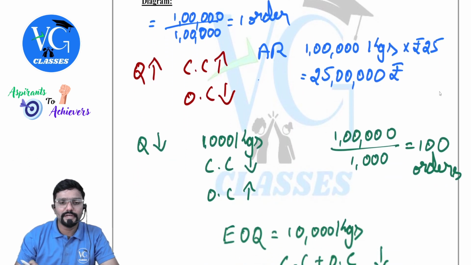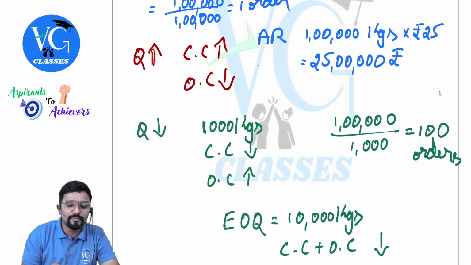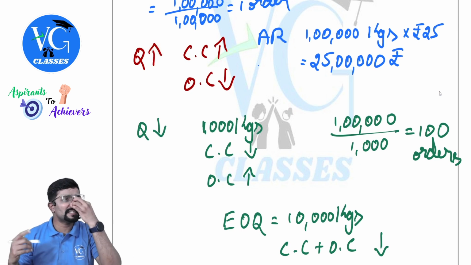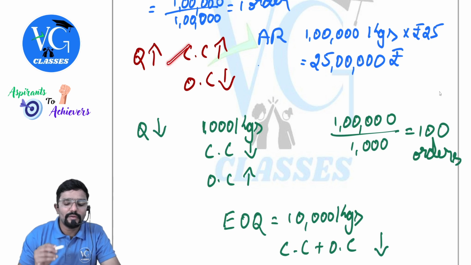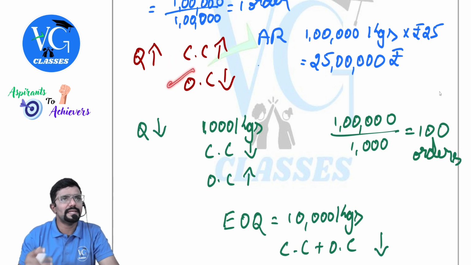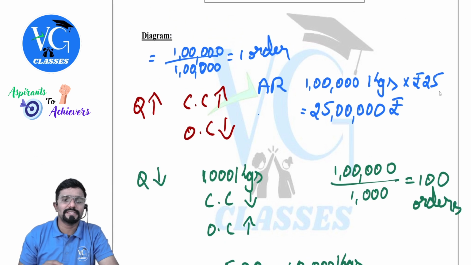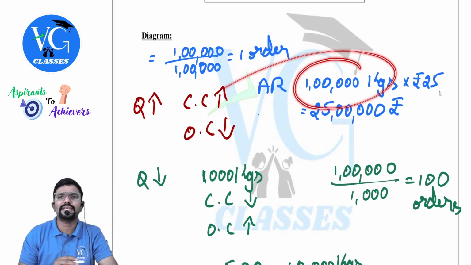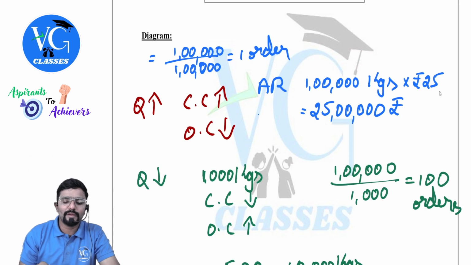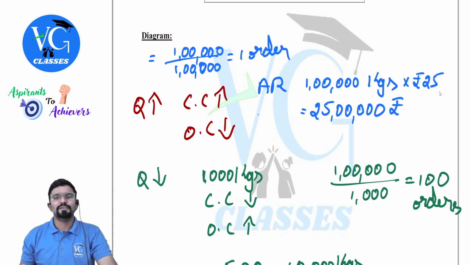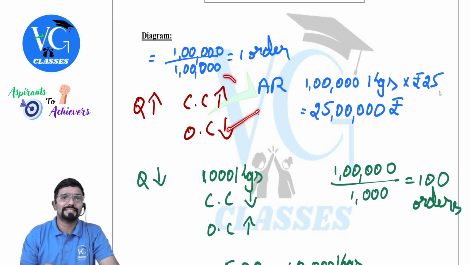If you want, you can also take down this. Guys, when quantity or lot size is more, carrying cost would be more, whereas ordering cost would be less. Why, sir? The number of orders would be less. So you can see, as per my example, I have placed the entire 1 lakh kgs in one shot. What is the number of orders? Only one order. So my ordering cost would be less, whereas carrying cost will be more.